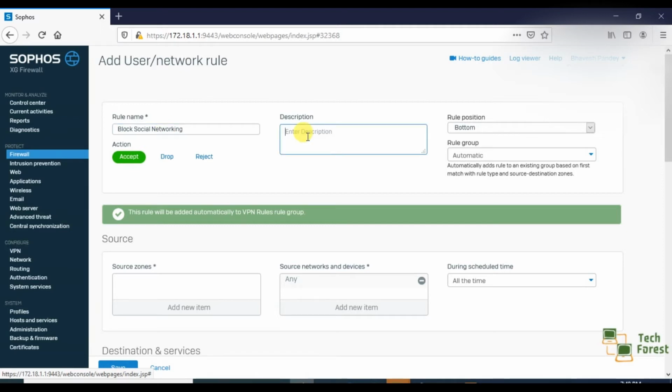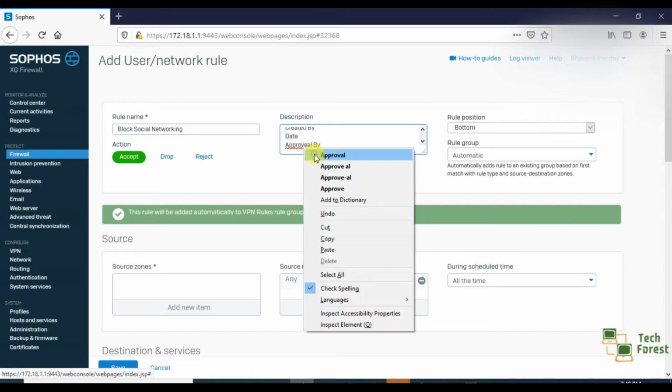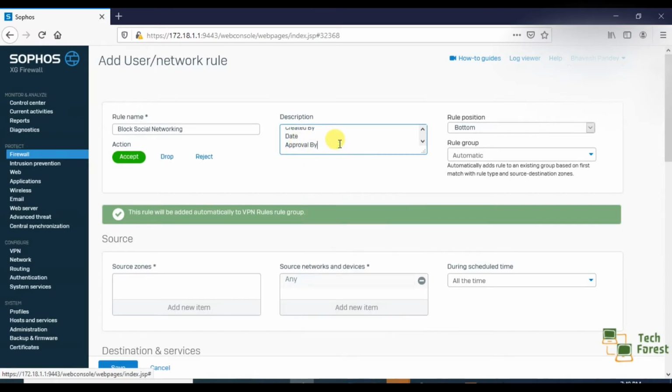In the description you can enter relevant details like created by, and date, and approved by, means who approved this request or this requirement, and any other relevant details you want to enter. So you can enter these in the description box.